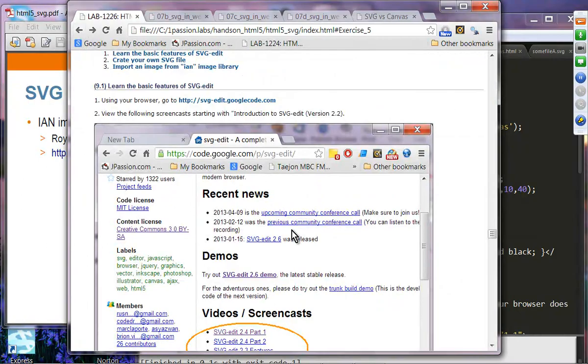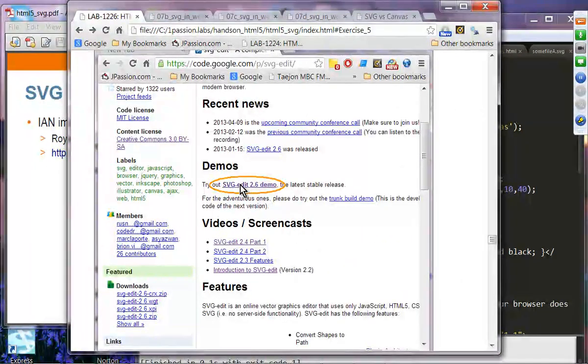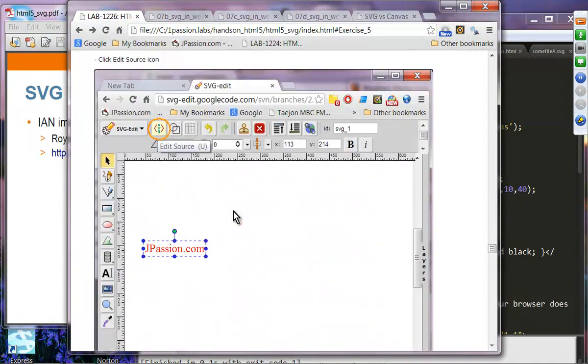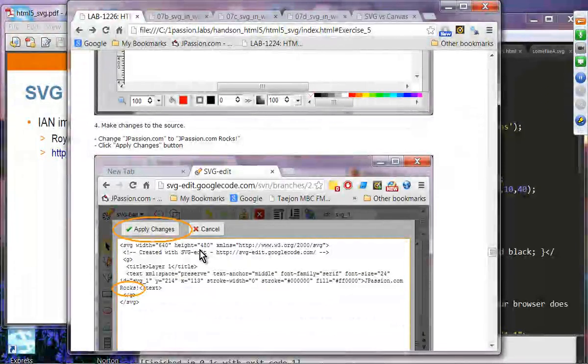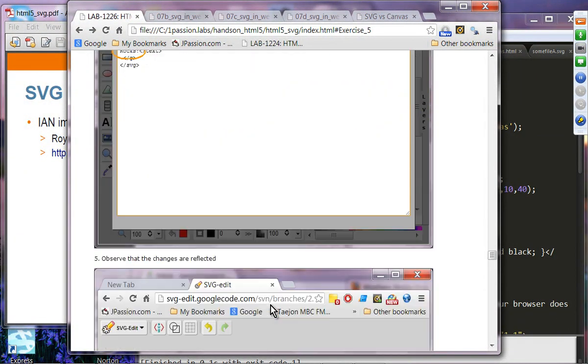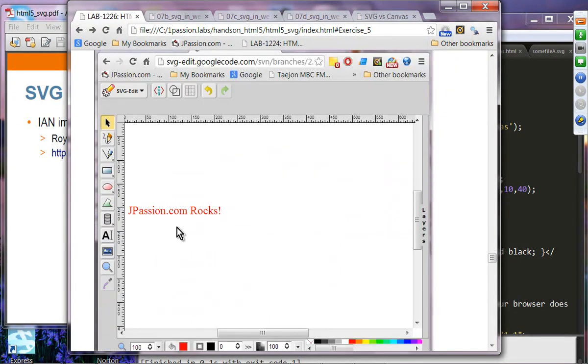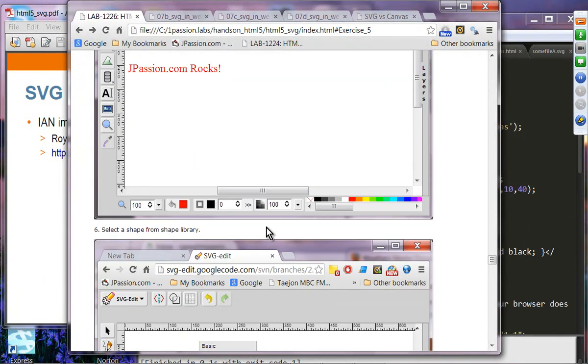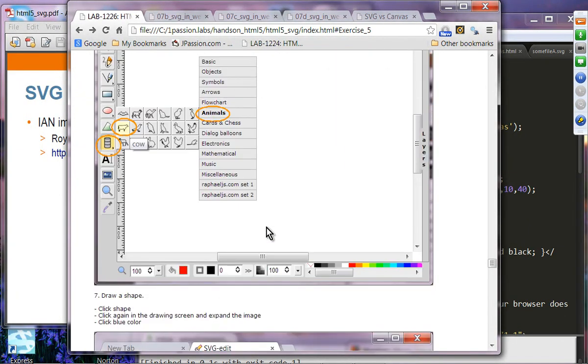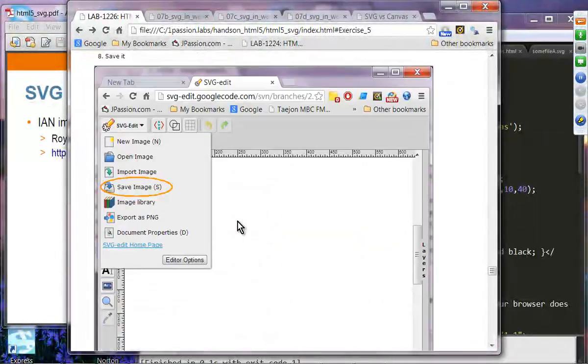So basically what we have done is we just run this and we just draw things. You can of course change the values over here and also in here as well, because whatever you see on the screen has a corresponding SVG file. So you can change either, and they are bidirectionally changeable. Once you change this one and then apply changes, that should be reflected in the graphics as well, right? And then we just change these animals, add these animals, and you save it,